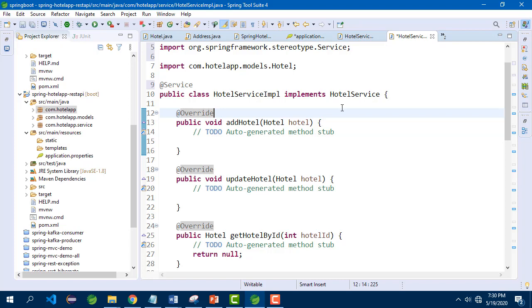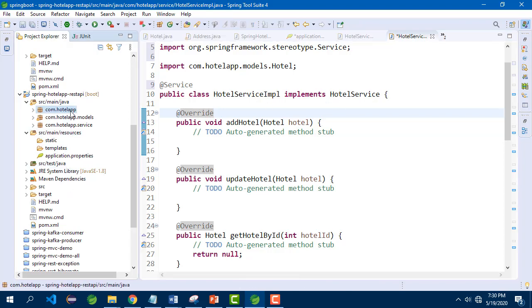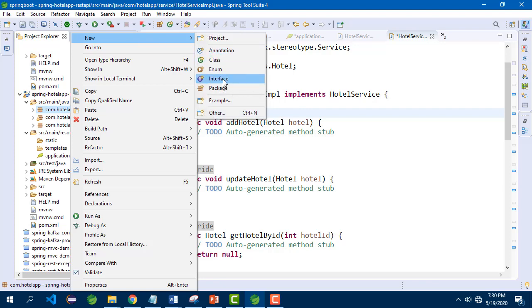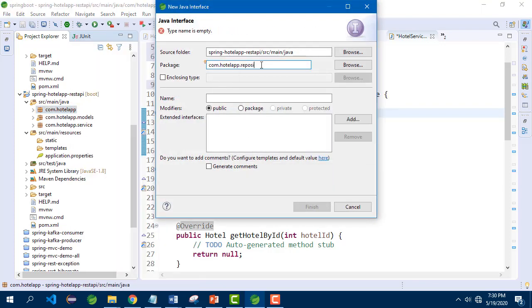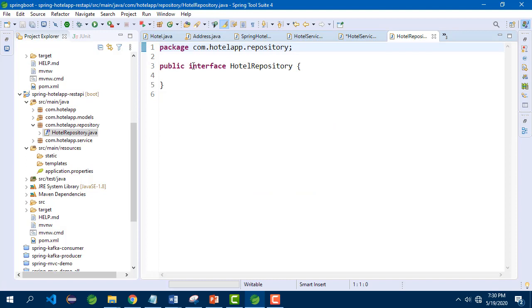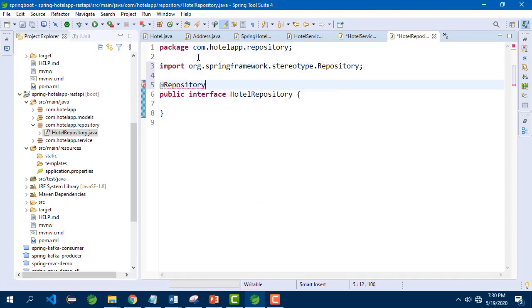So let us start with creating the hotel repository. Select the package, right click, new interface. The package name is com.hotelapp.repository. HotelRepository. Click finish. This interface should be annotated with @Repository and it extends JpaRepository.